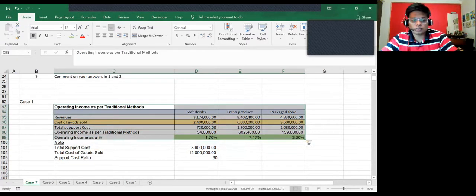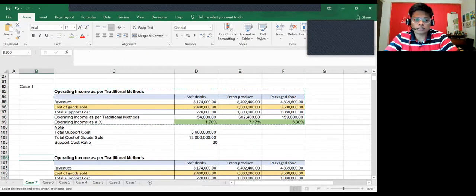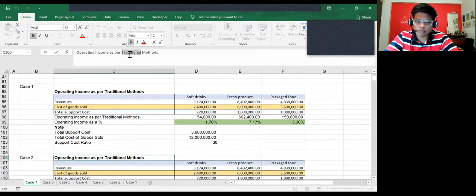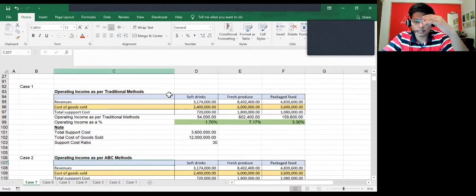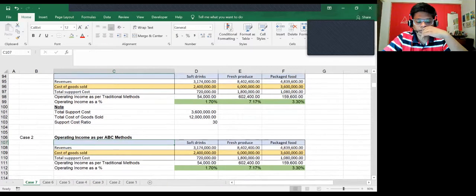So what I can easily do over here is I'll just copy this and paste it. I would suggest to do the same thing in the exam, because that will save you time. Again, you don't have to do all this formatting and stuff. That's how I lost so much time in the last exam, because I did this formatting and sum and everything. Just try and finish it as quickly as possible.